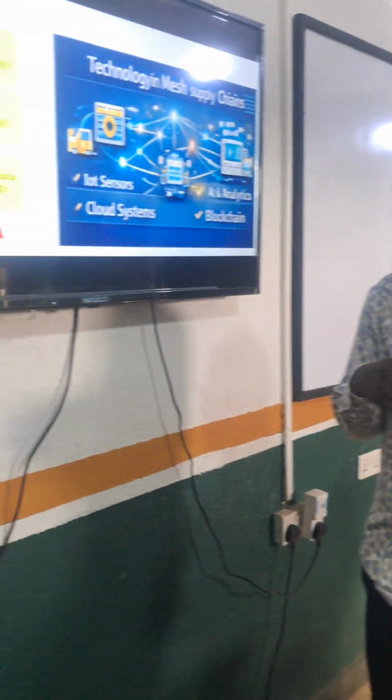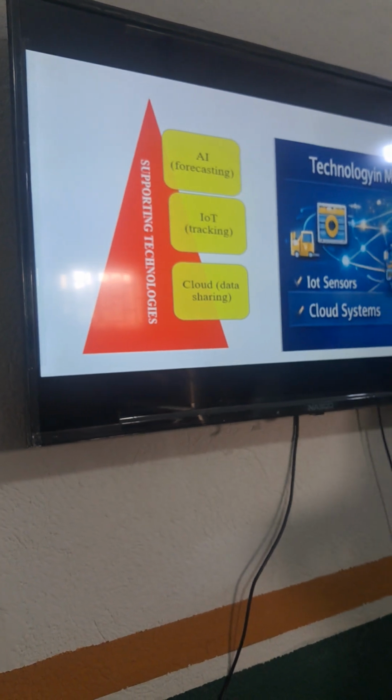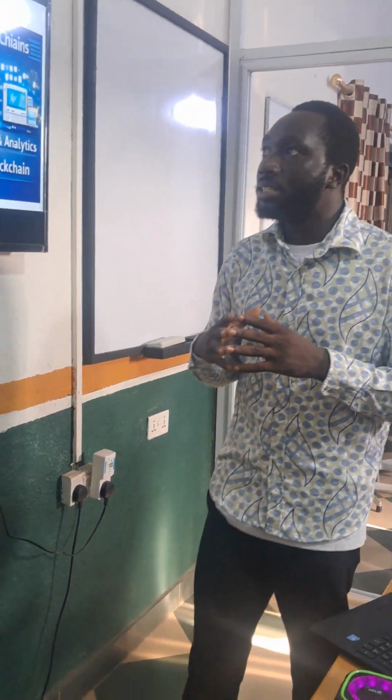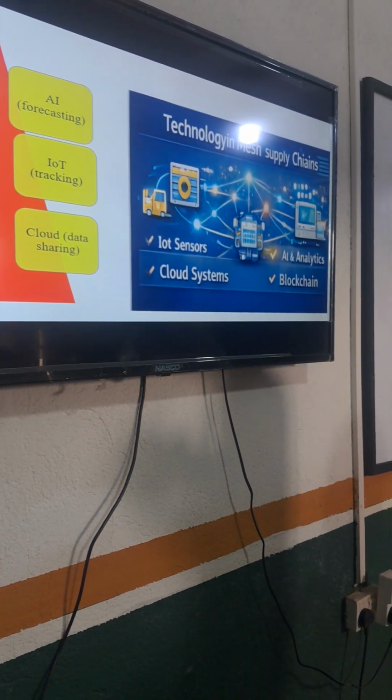And we have another supporting technology, which is cloud. It is very difficult for an individual to store the particular data linked to the mesh supply chain. In the mesh supply chain, because of the robustness and so many paths in it, it is very difficult to record heavy data on small laptops and small computers. So the cloud makes it possible to save or store huge data on the internet, so that we will not incur more cost.